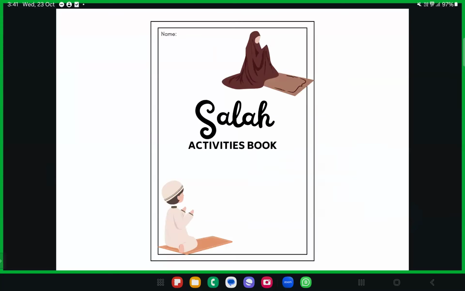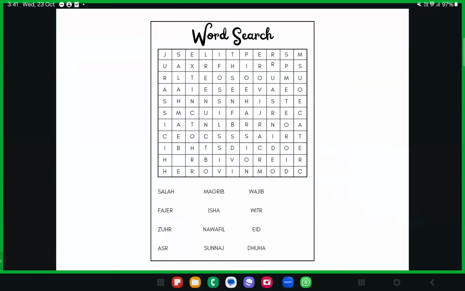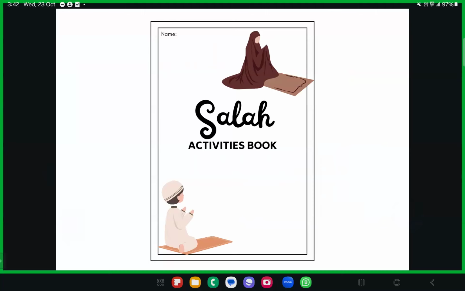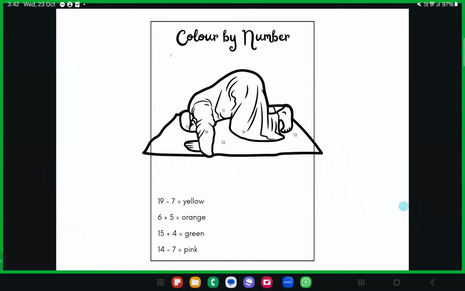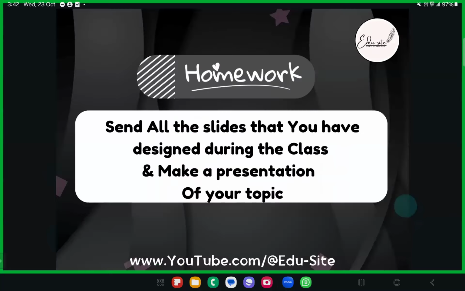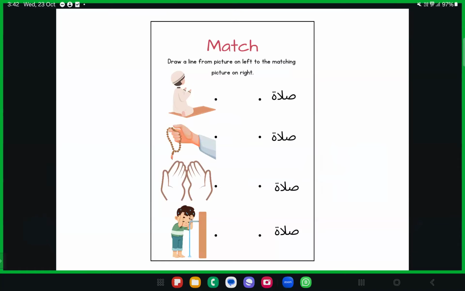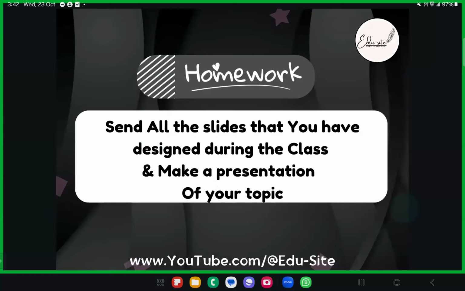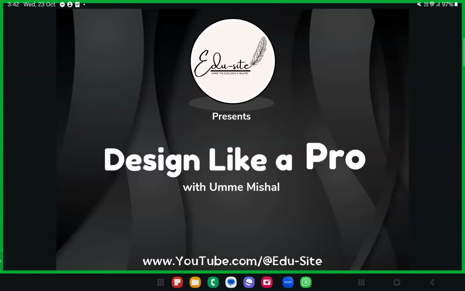Even I have shown you some of the different activity books wherein people are earning a handsome amount, a passive income. This would be a source of passive income if you just start creating this and putting it out. Just look into this activity book that was created, and you can do similar to this or create something more beautiful, inshallah. I already told you that this is an excellent source through which you can earn a passive income. So you can go ahead with creating activity books or worksheets and putting them out on platforms like Etsy, Amazon Kindle, or something like that. Okay, let's begin today's session.